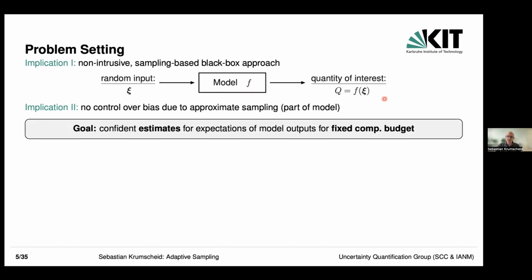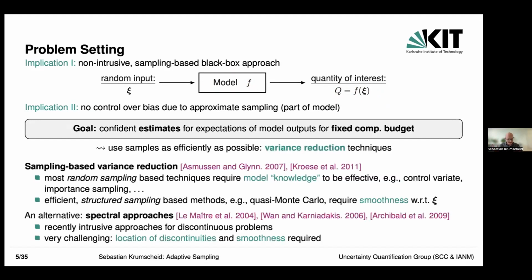Still, we want to compute, let's say, an expected value of some quantity of interest as accurately as we can for a fixed computational budget. Very simple, very common approach. Now, Shihab has already given a fantastic talk about the ideas of importance sampling, so I can be a bit brief here. But if you want to estimate expectations as accurately as possible under a certain budget constraint, then what we want to do, compared to Monte Carlo, is reduce the variance. And there exist lots of different tools.